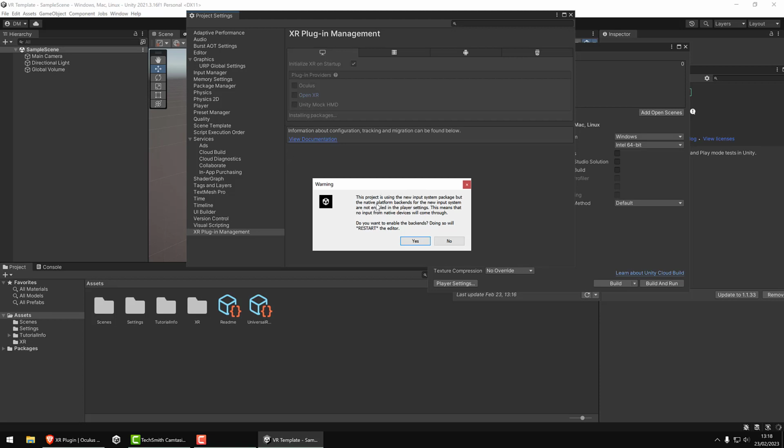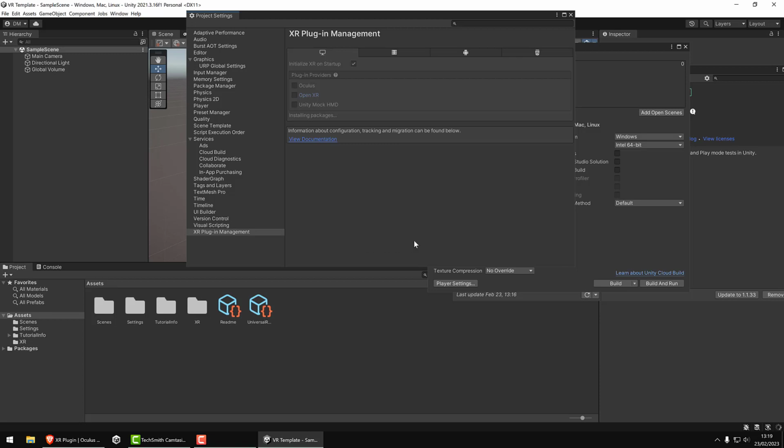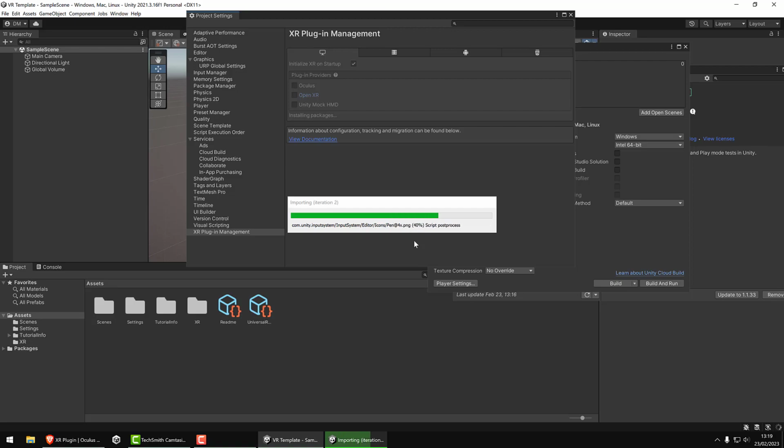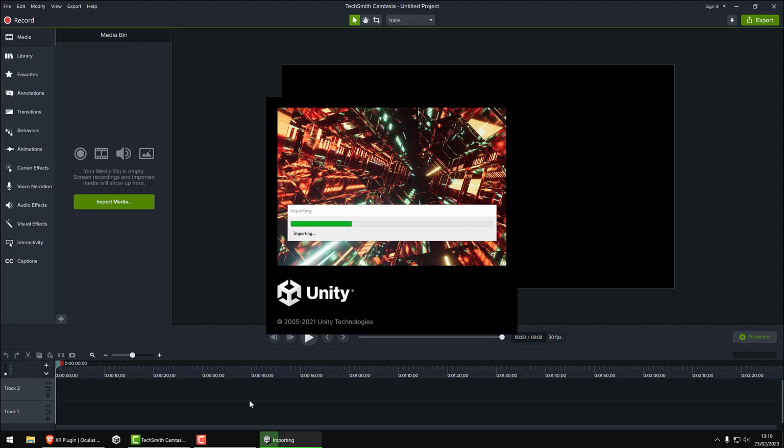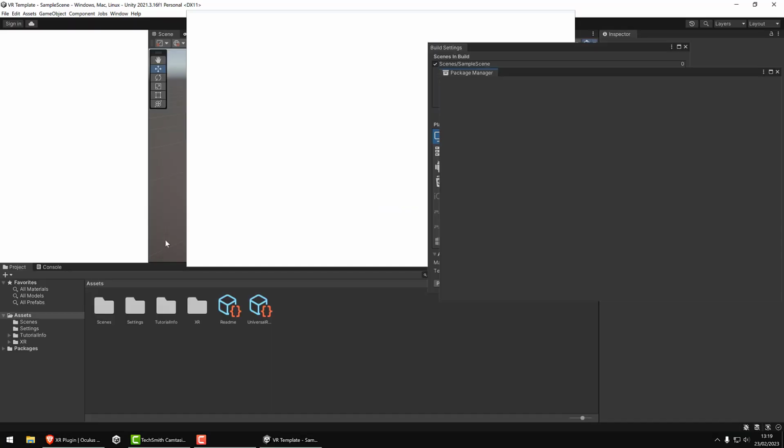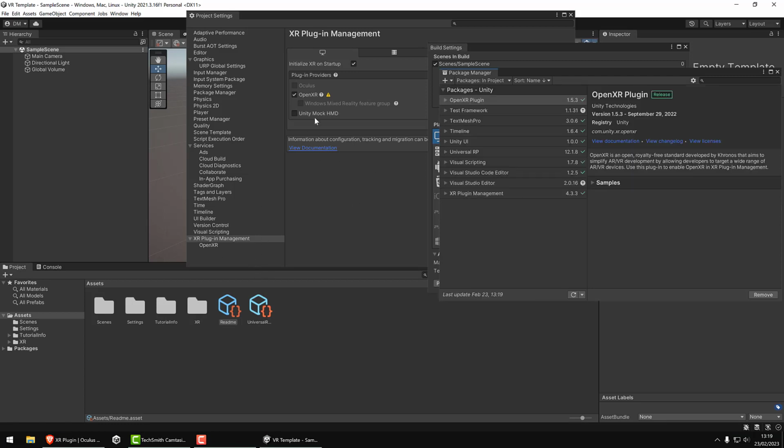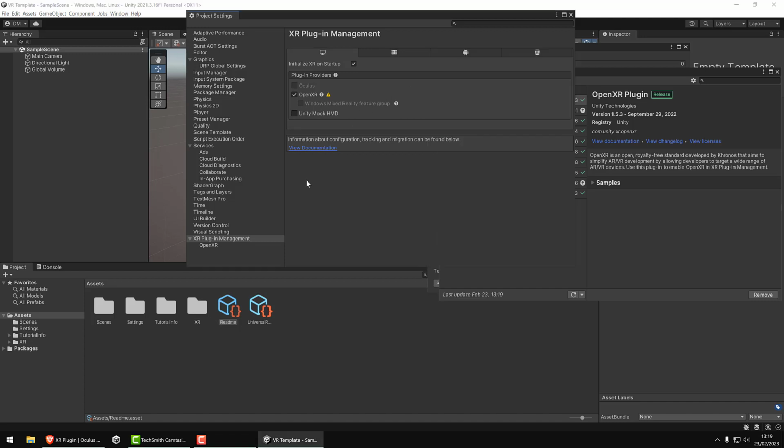This will say that we're using the new Input System package, which in my humble opinion is a big improvement on the old one, so we'll need to restart the editor. So just click yes. Now that this has opened back up, we can come into our XR management, make sure that it is selected for both of our platforms,